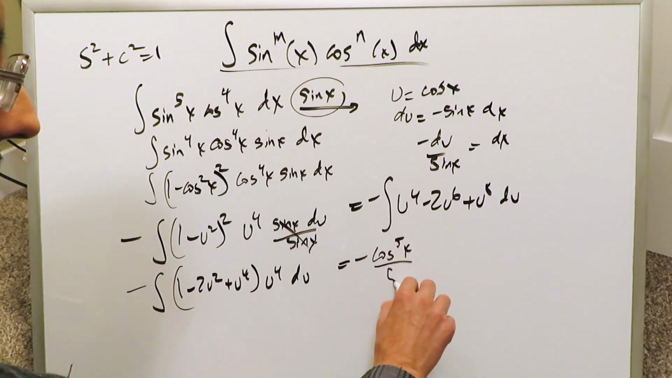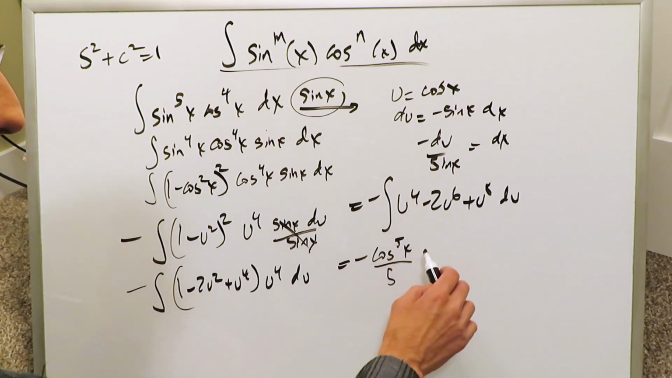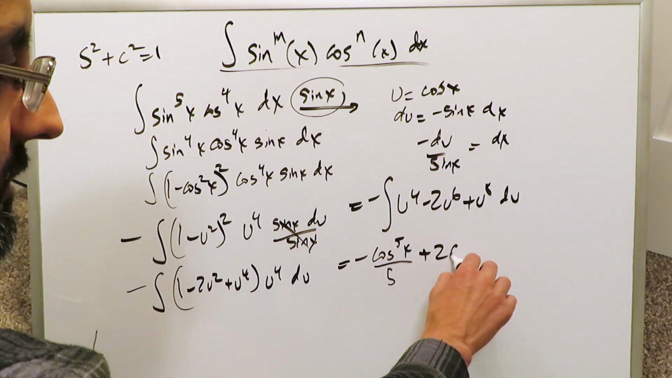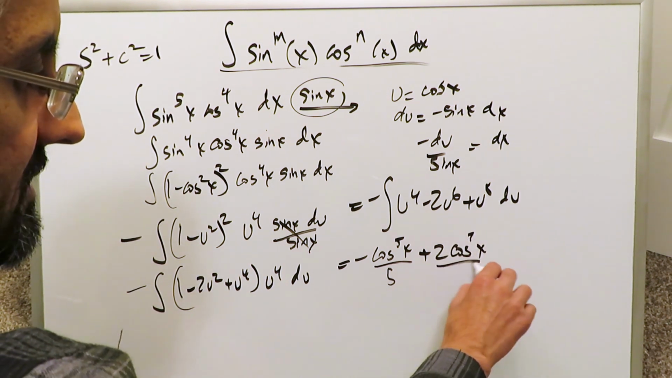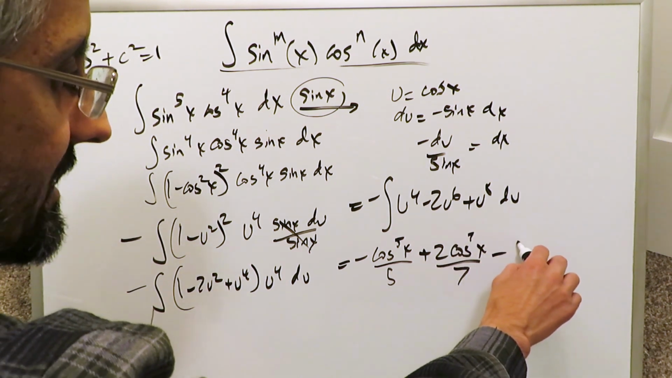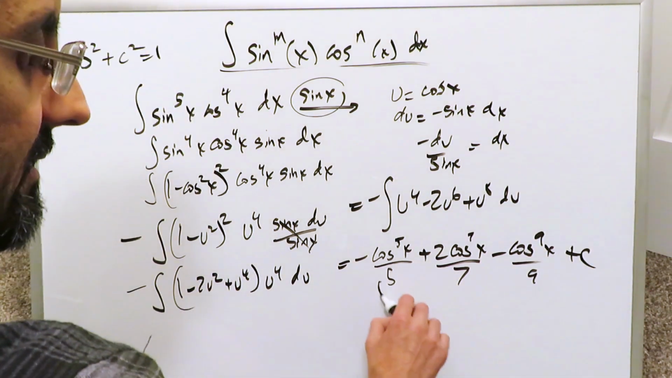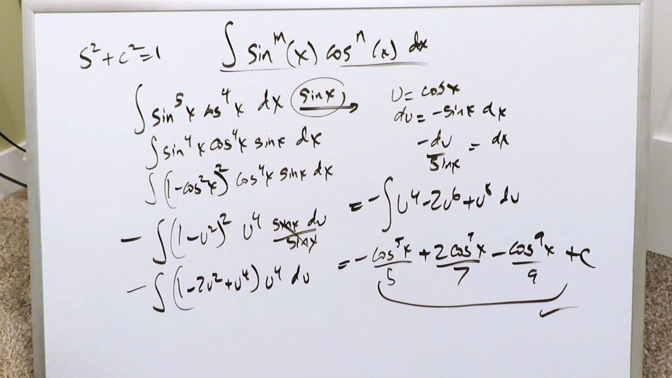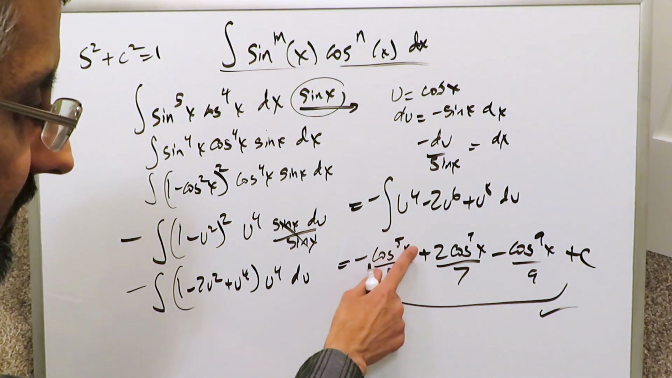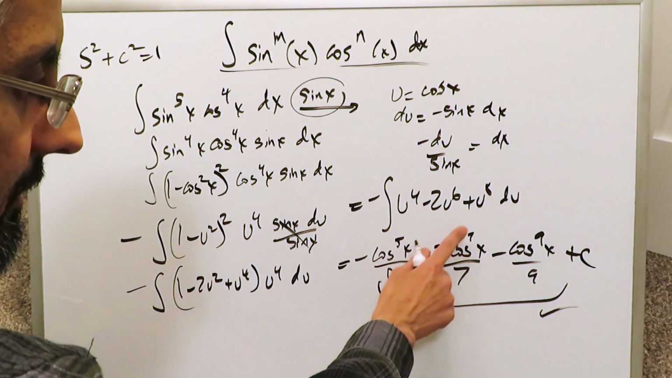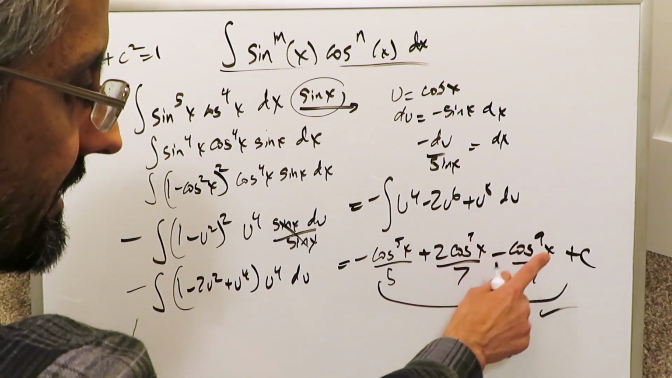5x over 5, because this will become n plus 1 divided by n plus 1. Here we'll have a plus 2 cosine 7x over 7. Here we'll have a minus cosine 9x over 9 plus c, and this can serve as a good final answer. Again, minus cosine to the 5x divided by 5 plus 2 over 7 cosine 7x minus cosine 9x over 9